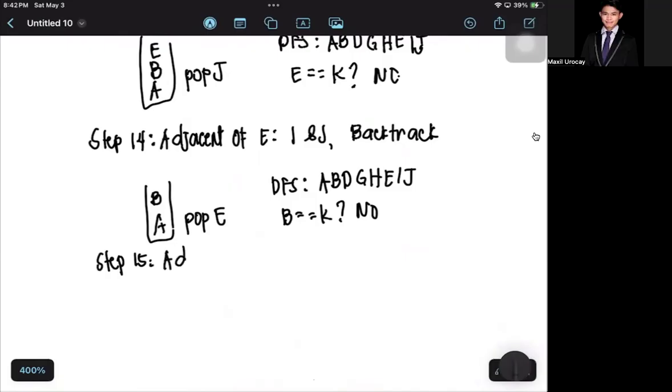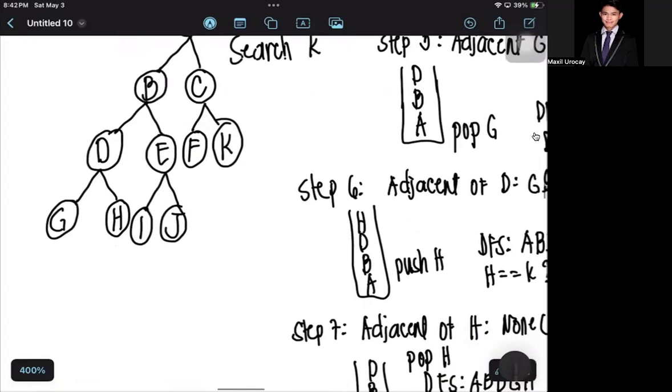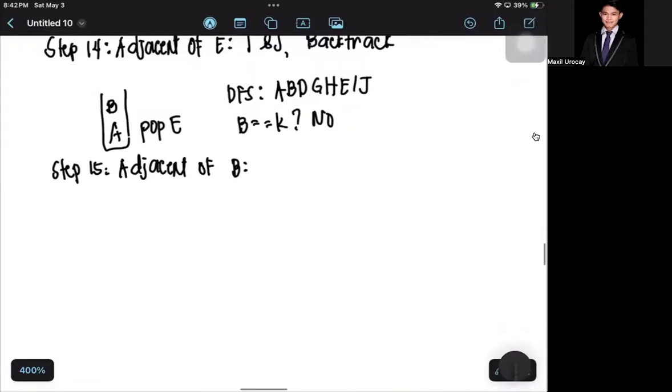The adjacent of the top element, that is B. So going back in your tree, what is the adjacent of B? That is D and E. So try to figure out in your DFS here, D and E are already there, so you have to just backtrack since they were visited, as the rules interpreted that you can only visit once. Therefore, you have to